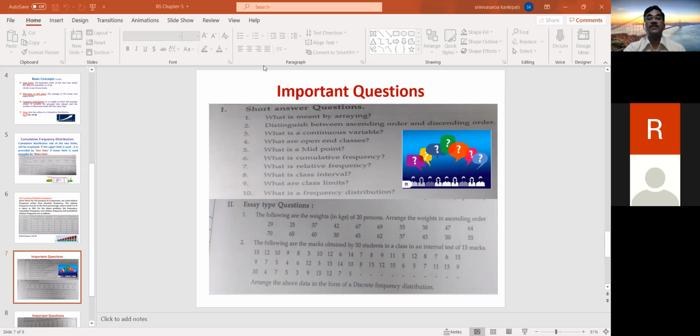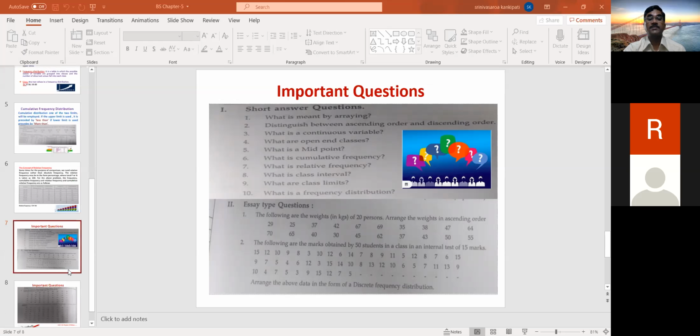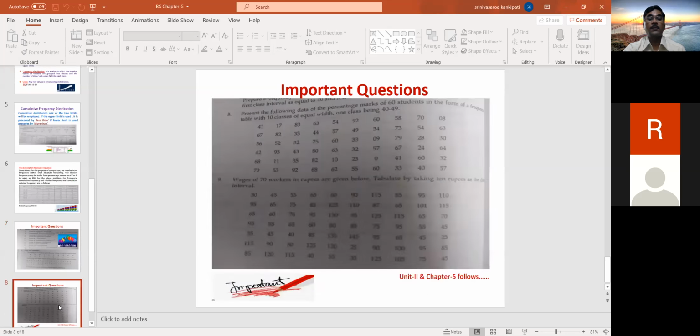These are all very easy. You can easily do them on the basis of the previous classes' explanation. So these are the questions, and one more is there. In problem number 8 and problem number 9, data is given. So this data has to be classified into tables, and then you have to